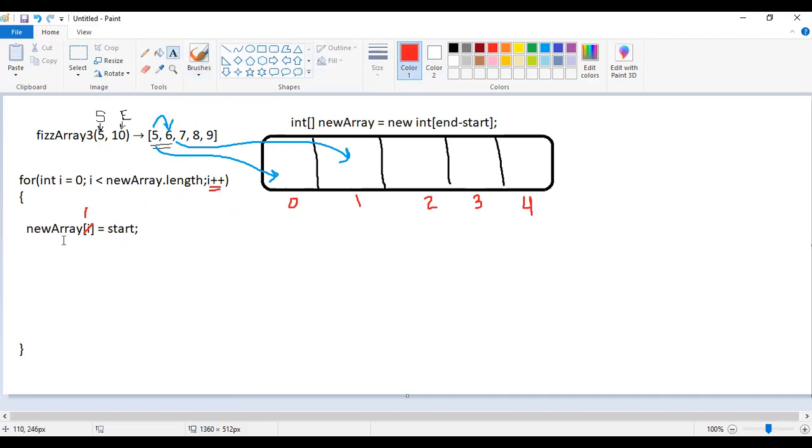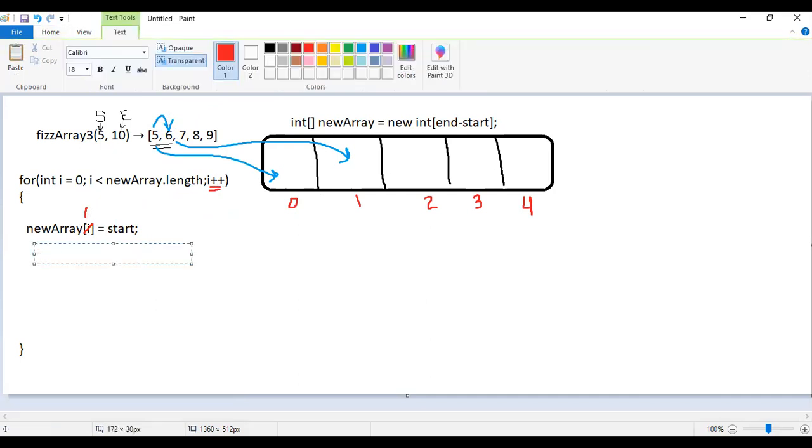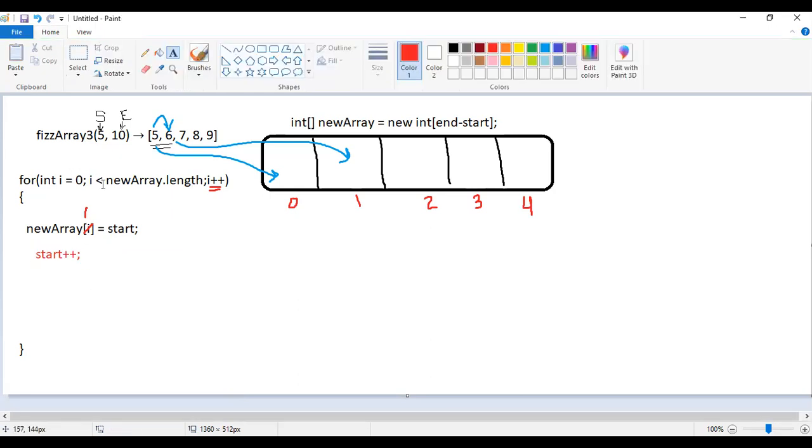So each and every time we go through our iterations, we'll increment start. So on the third iteration, when i is equal to 2, we're looking now at the second index,